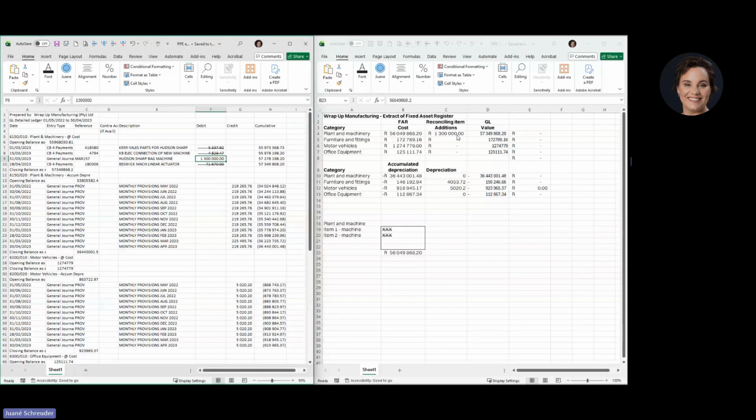Clearly that was a machine bought. The funny thing is that it was done through a general journal. So I guess that might be because, I don't know, maybe we did it through a financing or something, but it obviously didn't go through the normal payments in the cash book. Okay, so that is then an addition that the client recorded in their general ledger, but they forgot to fix or update their fixed asset register.